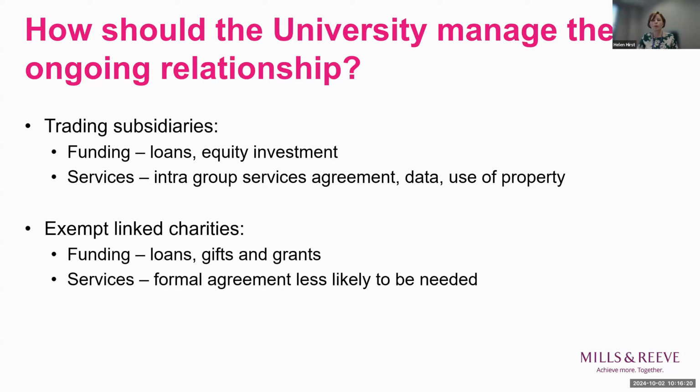The charges made by the university should not be discounted, as they should reflect an arm's length arrangement and include the use of university staff time. The charges are sometimes referred to as a cost plus contribution. The typical things we see included in such an agreement are back office support, including HR, finance and marketing,